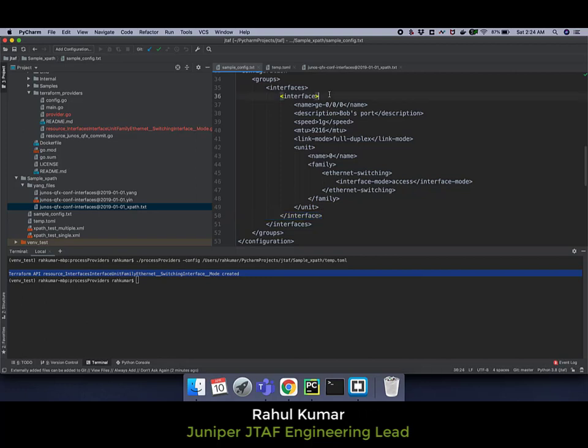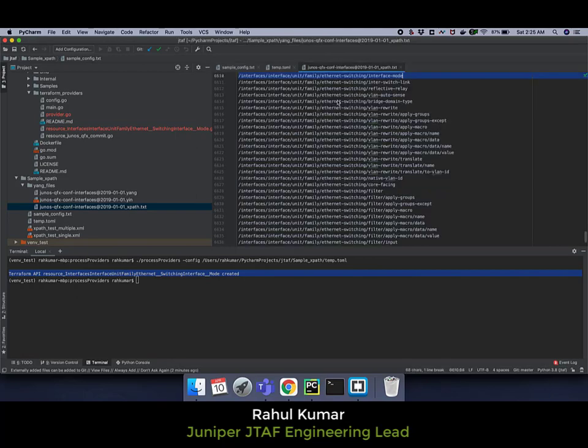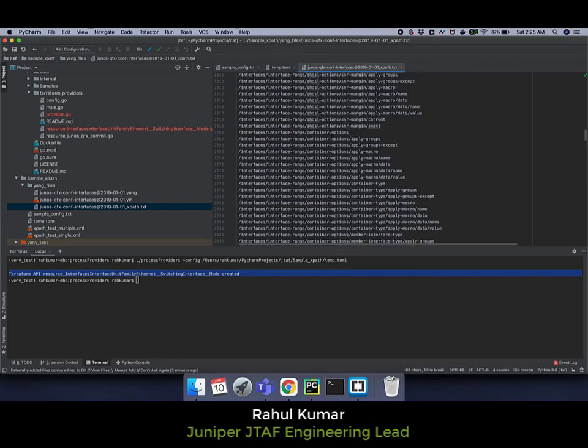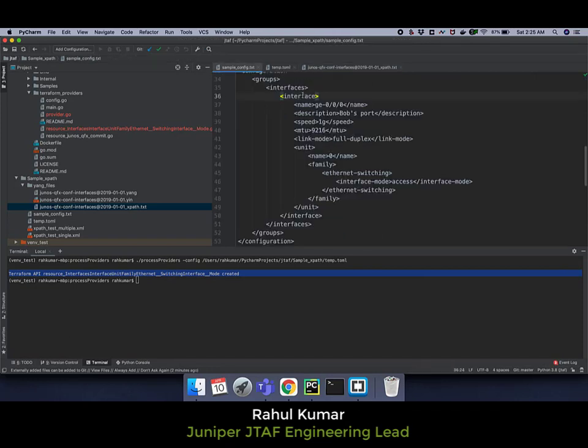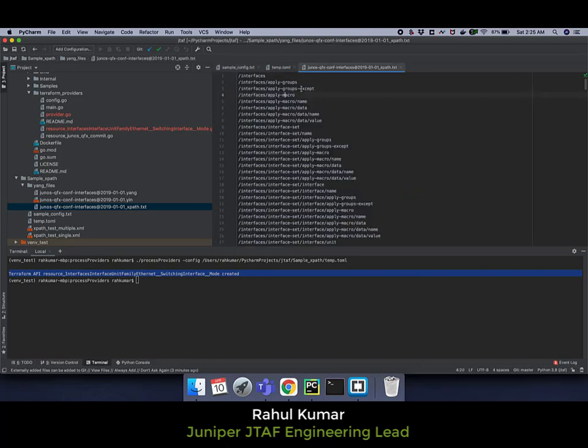So the easy way out is to generate a provider for interface. However, it is recommended that if interface is a very big configuration, it should be divided into multiple modules. So we'll see how big interface is. We will search it in the XPath. The problem with the YAML file is that it never tells us the actual number of elements that will be there in the interface. So in those cases, this XPath file actually helps us a lot.